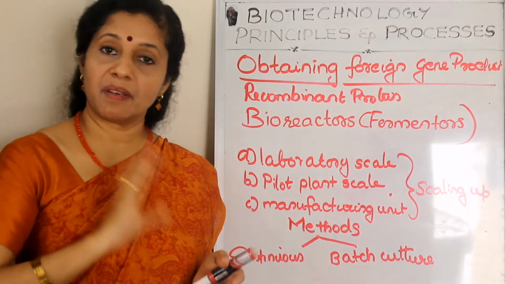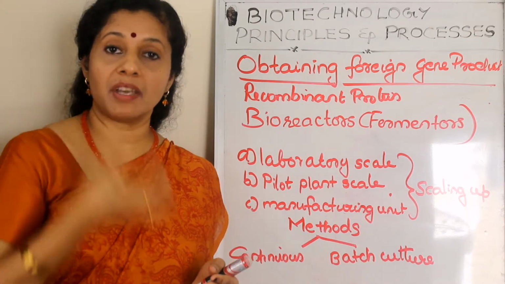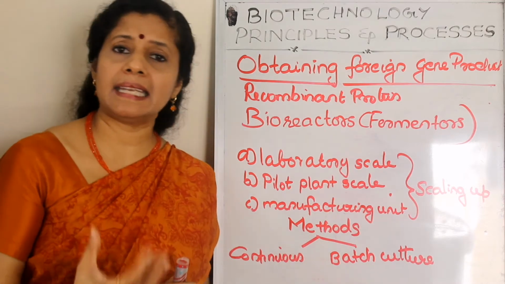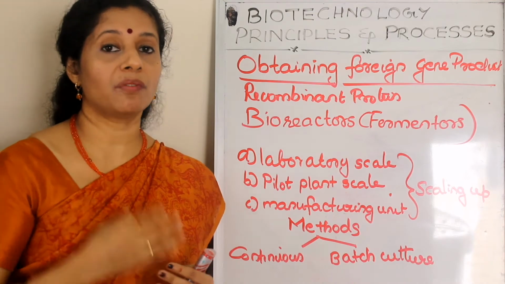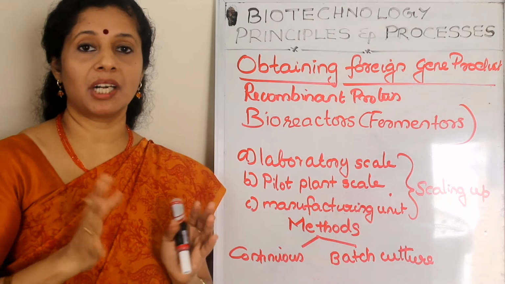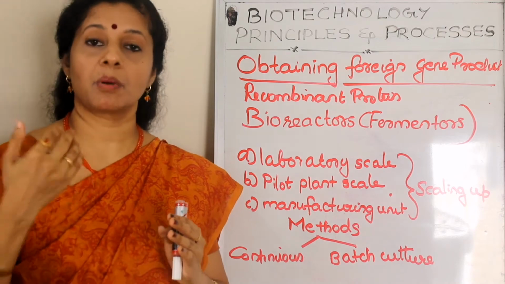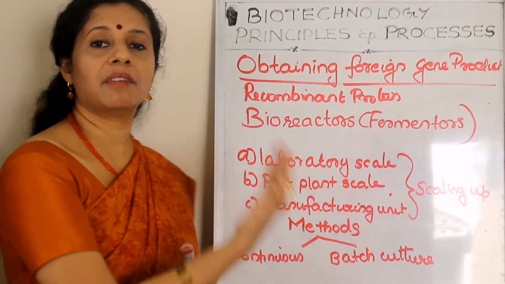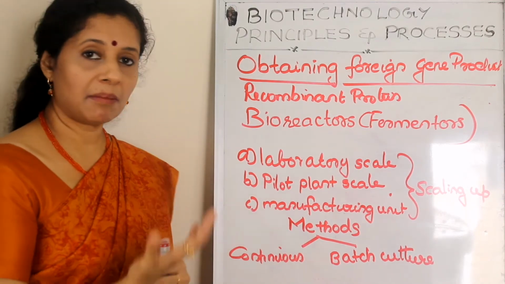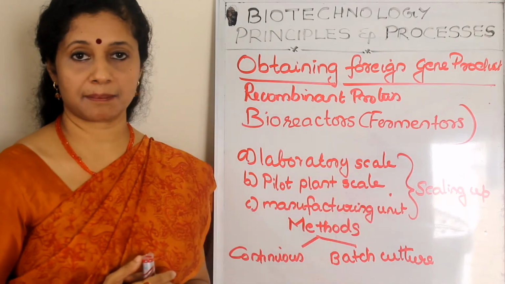So when we are doing it industrially, industrial production includes 3 steps. First, laboratory scale. Before we start producing it on a large scale, in the laboratory we have to make it on small scale and verify that it is the correct product that we are obtaining. Then after that, pilot plant scale. Any researcher before releasing a product would go for a pilot study. Pilot study means more than the laboratory condition, but not on a larger scale. If that scale is also feasible or proven to be successful, then we can go for the manufacturing unit, which is the commercial manufacturing on a large scale. So the developmental stage from laboratory scale up to manufacturing unit is called a scaling up process.